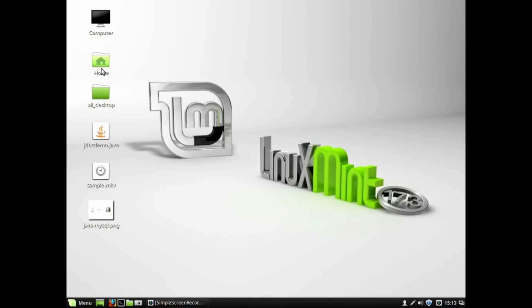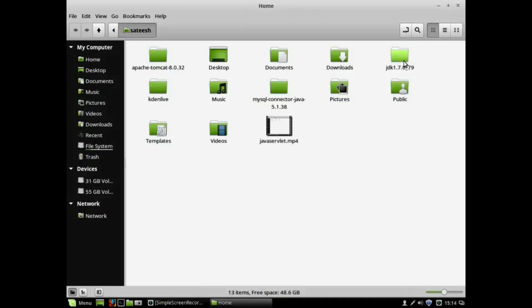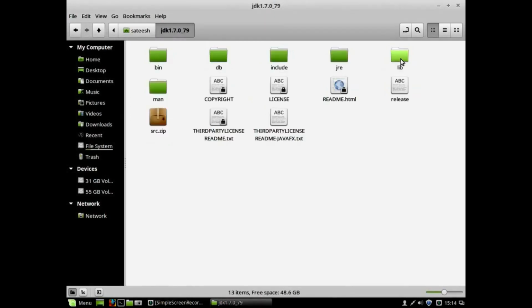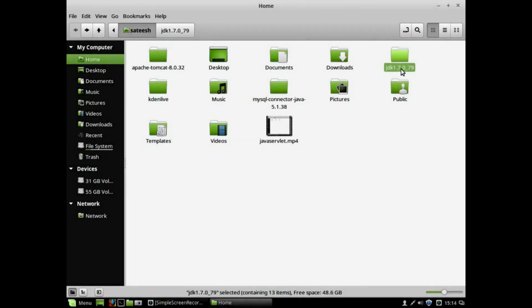To get Java onto the machine, in the case of Ubuntu or Linux Mint, it's quite simple. Open your browser and type download JDK. You can download it directly from Oracle's website. When you search for download JDK, you can see that the very first link is from Oracle downloads. You go there and get JDK 1.7 and keep the folder wherever you want. This is the folder that we get after downloading Java. In my case, JDK 1.7 is available.